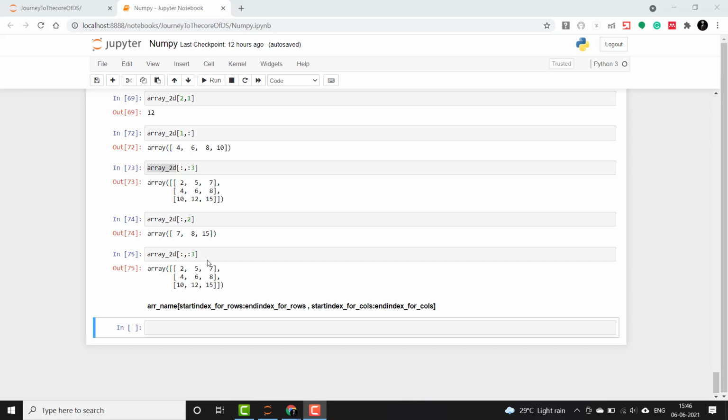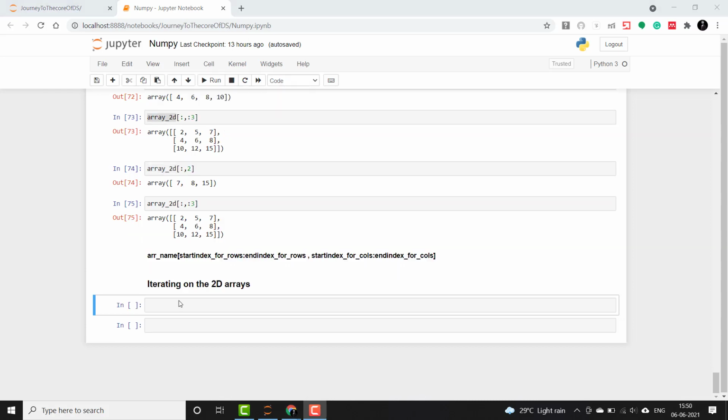So the syntax for slicing an array is we first give the array name with a square bracket, then we specify the start index of the rows colon end index for the rows, then a comma, and then the start index of the column and end index of the columns. It will slice from that array and fetch only those rows and columns which we have specified.